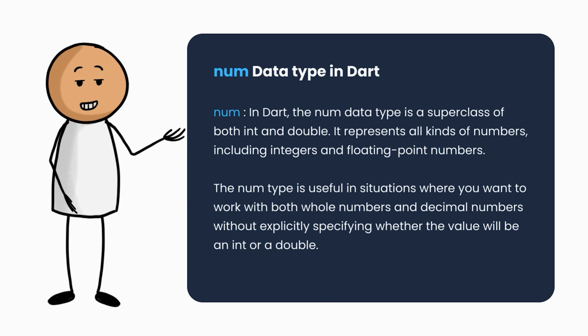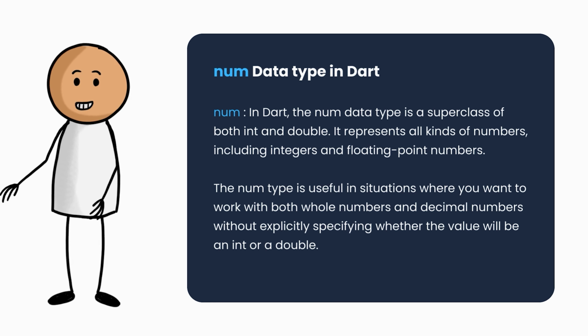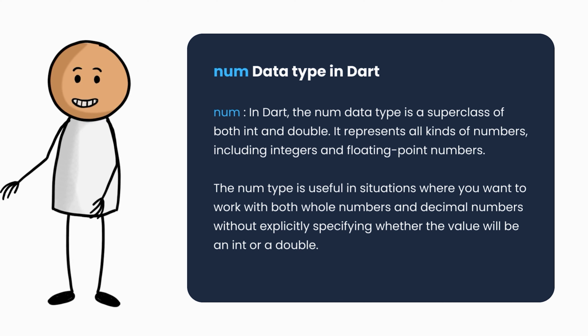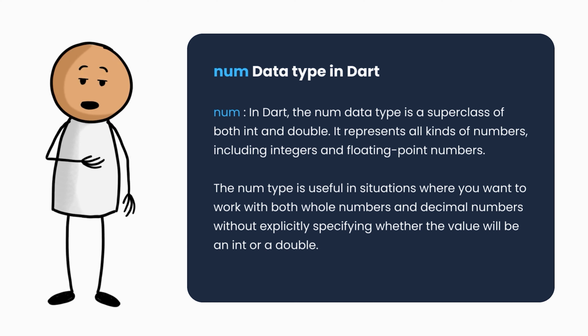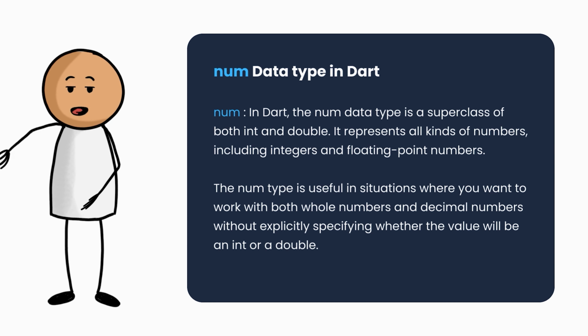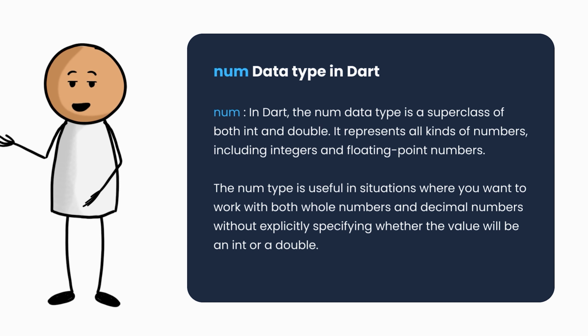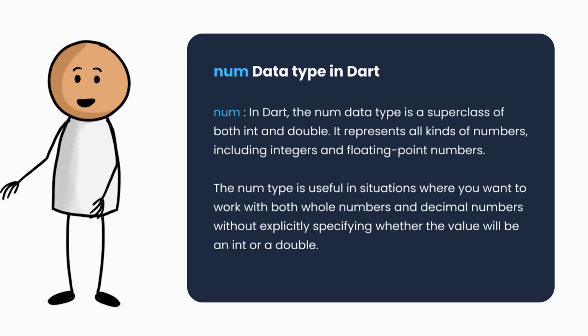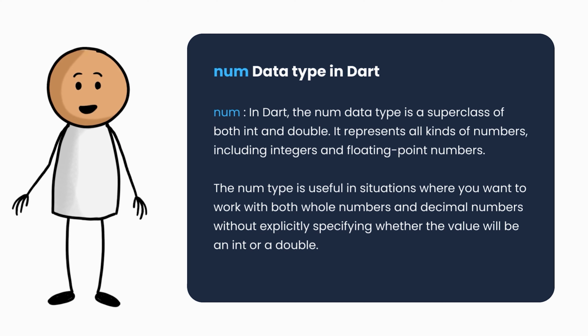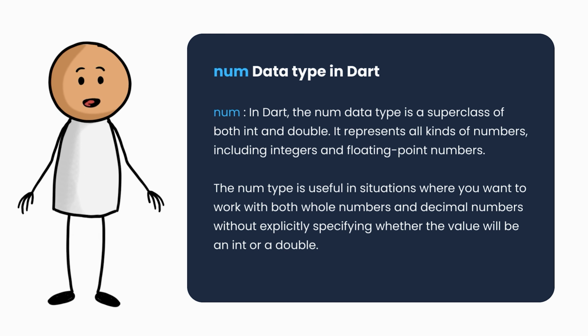Now let's look at number data type in Dart. In Dart, the number data type is a superclass of both int and double. It represents all kinds of numbers, including integers and floating point numbers. The number type is useful in situations where you want to work with both whole numbers and decimal numbers, without explicitly specifying whether the value will be an int or a double. For example,